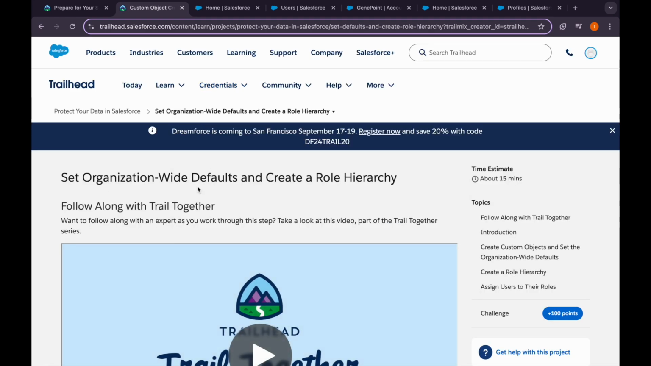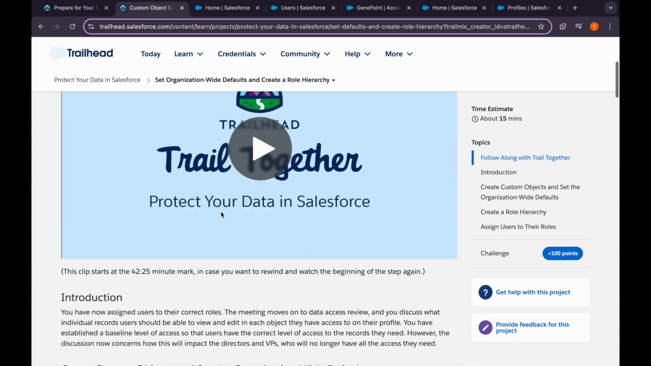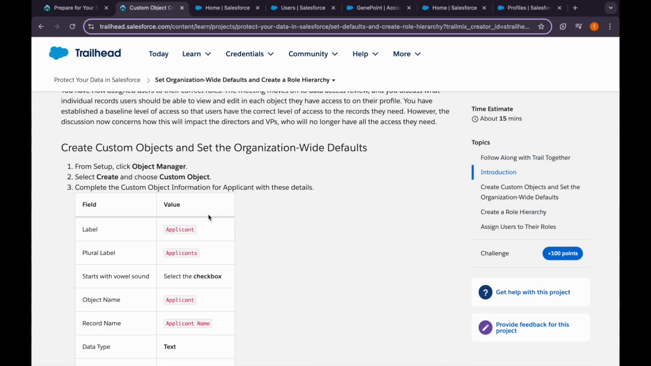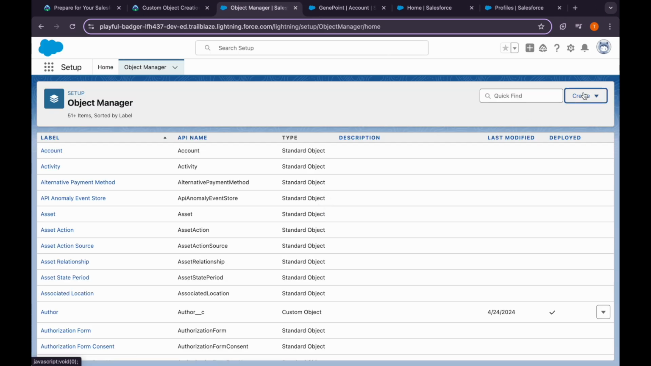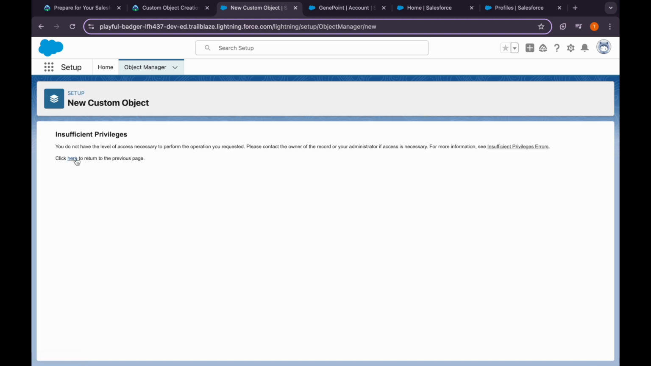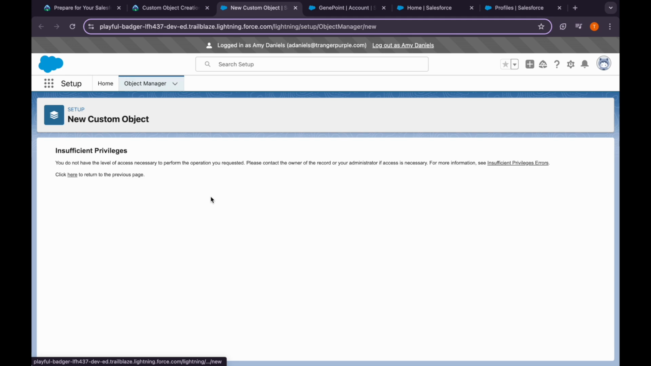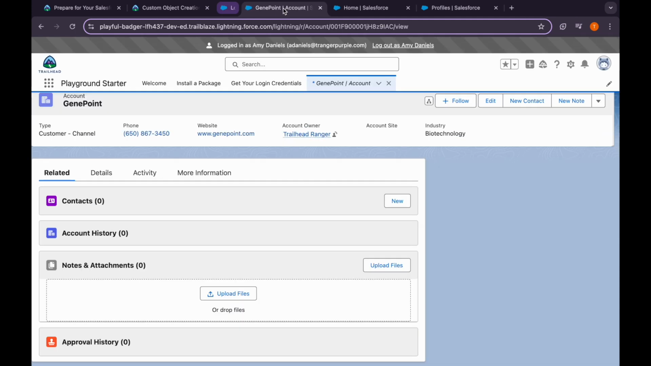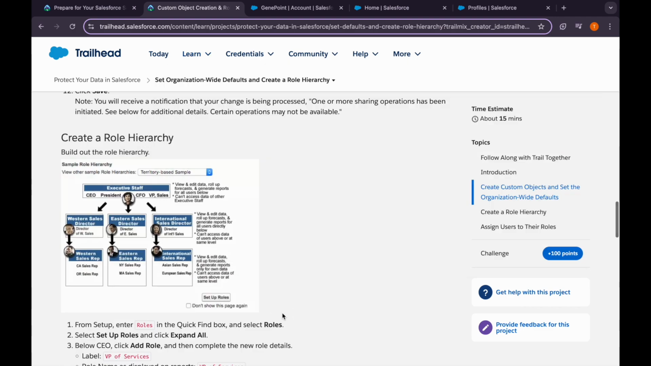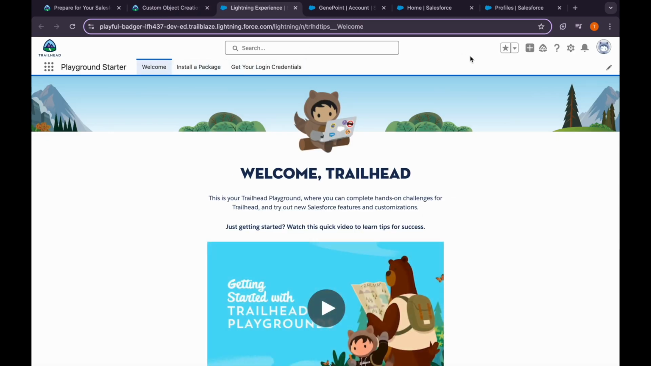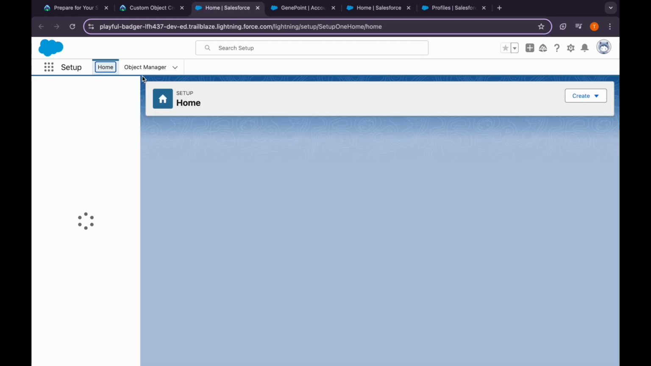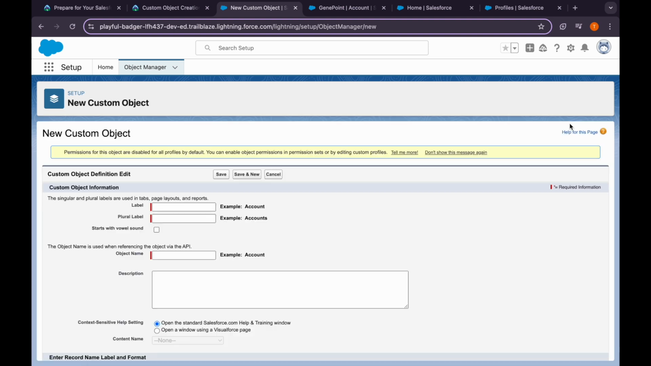That is, set organization wide defaults and create a role hierarchy. It is also known as OWD. So let's get to the steps. We will be creating a custom object, that is applicant. So I'll close this, go to the object manager, create custom object. Okay, let's refresh this. Log out as Daniels, and then I'll need to relaunch the playground again. Okay, let's go to the setup, then object manager, then create custom object,